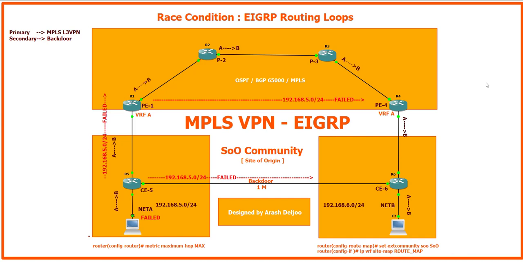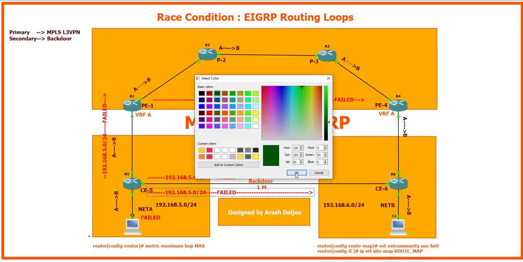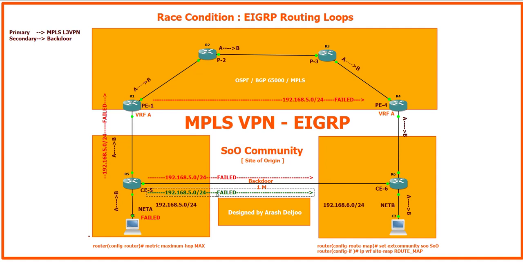But we also have another function in EIGRP. You know that when one network address fails in one router in EIGRP, that router, after sending the failed message to other routers, tries to find another path to the failed network. For example, we use the query message. Let me show you the query message. This is the query for these networks. This means that when R5 doesn't have any path to 192.168.50